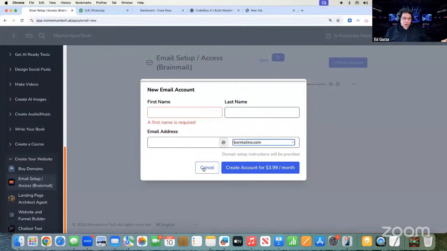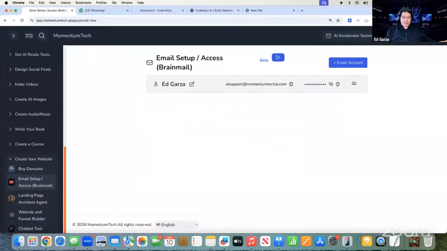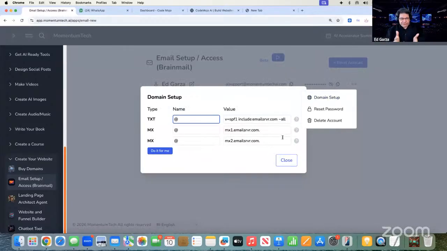I'm hosting it here. Sure, I could buy it, but it's not going to work until I go into this area here with these 3 dots. See these 3 dots? You have to click on domain setup. And then what you have to do, we're not going to do it for you, is take all of these variables.